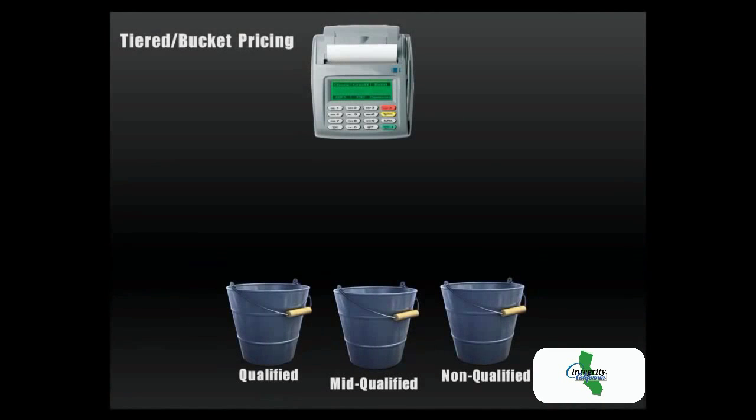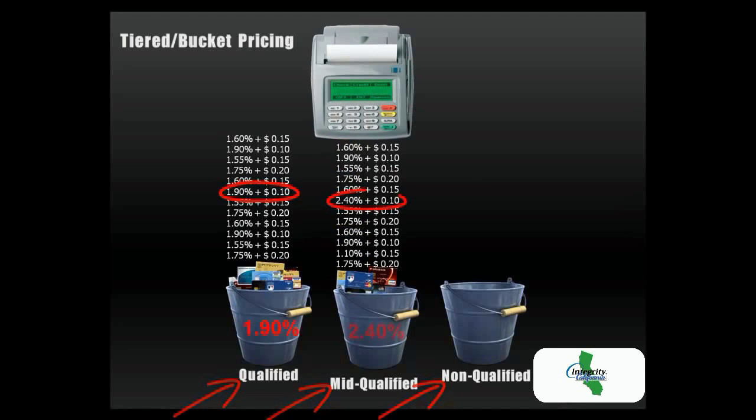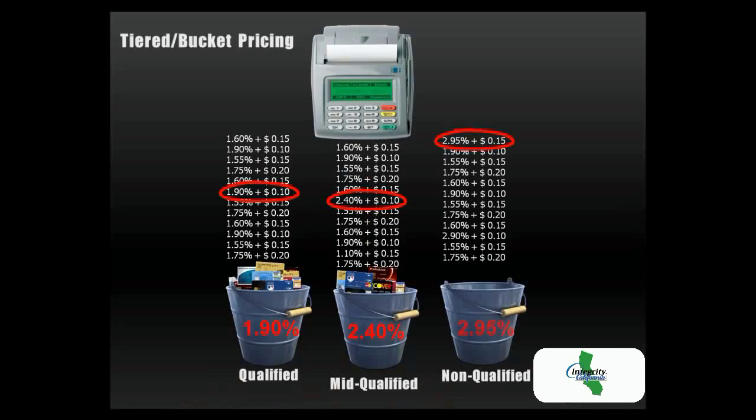Most processors use the tiered pricing model. In this pricing structure, processors are using 100 plus different interchange categories and separating them into buckets. They typically refer to these buckets as qualified, mid-qualified, and non-qualified. Under bucket pricing, each bucket is priced high enough to cover the rate of the card with the highest interchange fee in that bucket. With this type of pricing, the merchant is paying the higher price for all of the